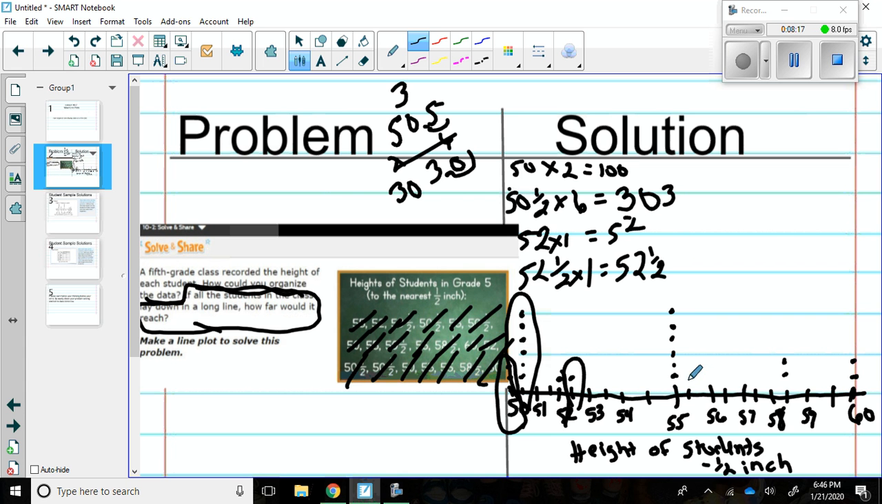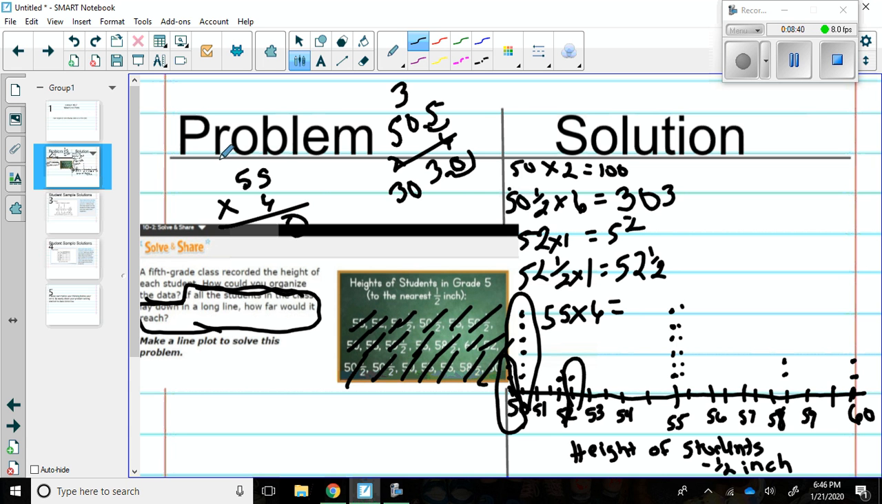My next plot is 55. How many 55s do I have? 1, 2, 3, 4. Oops, here's my 3. 4, 5, 6. 55 times 6. So now I got to do some more multiplication. 55 times 6